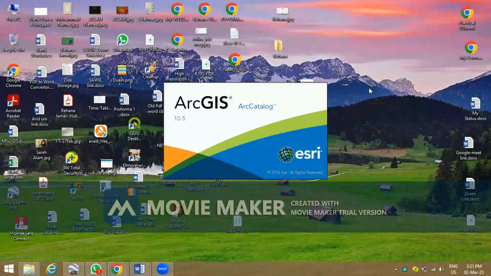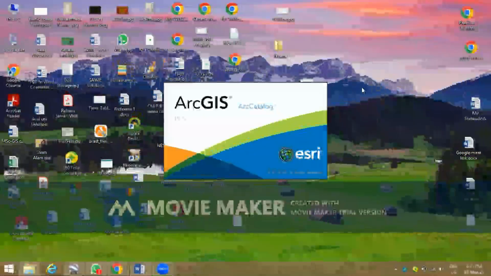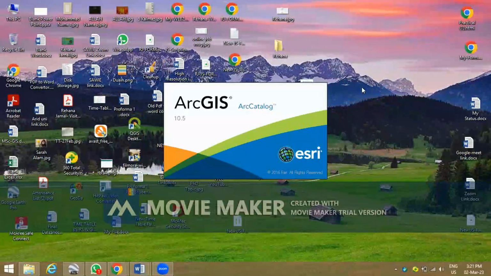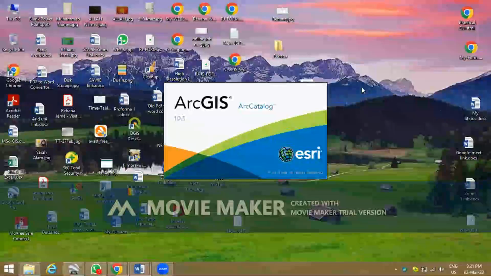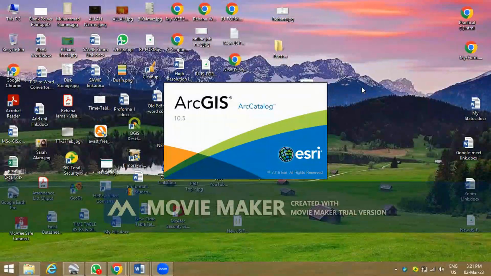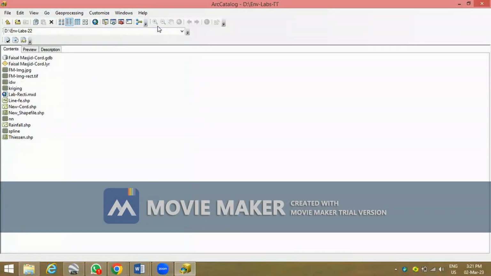This point should be remembered by the students before performing the image rectification. If you don't assign the spatial reference system, the image will not be geo-rectified easily or correctly. So you have to perform this task in the ARC catalog. ARC catalog is the component or ARC object of ArcGIS software, where we can see the folders where your task